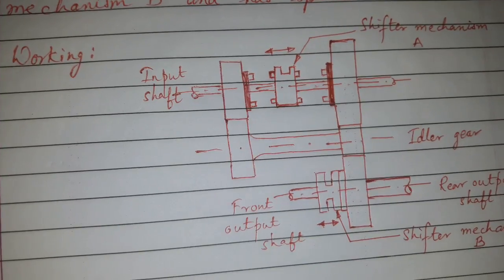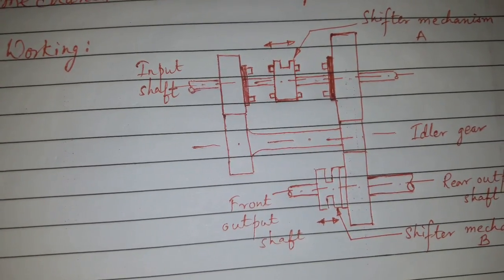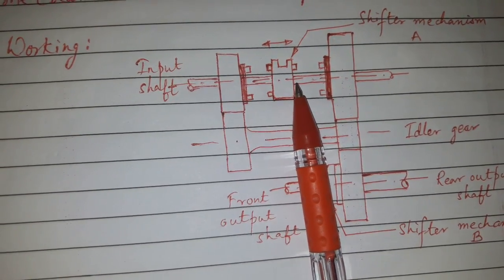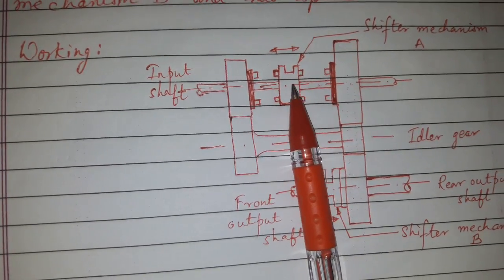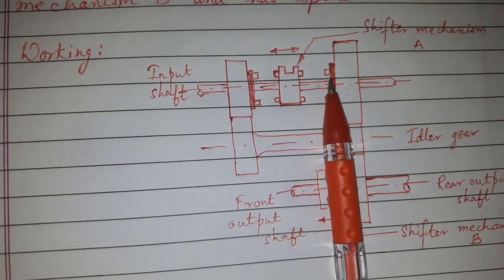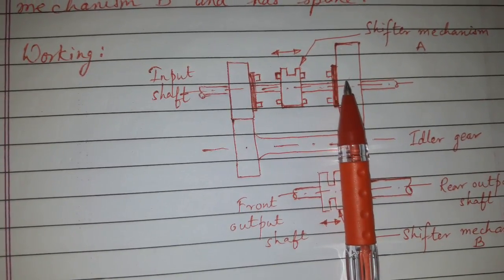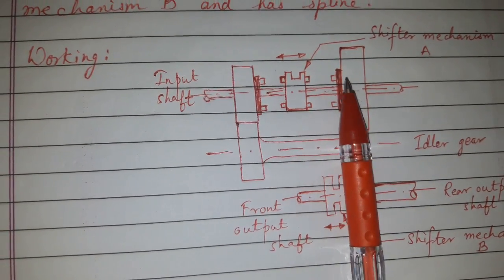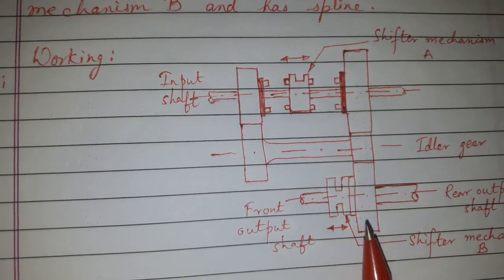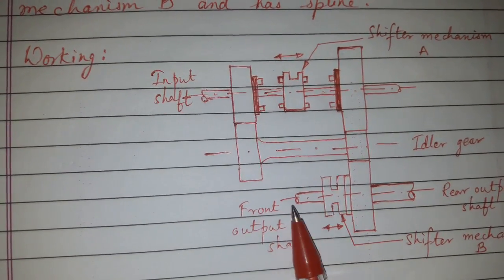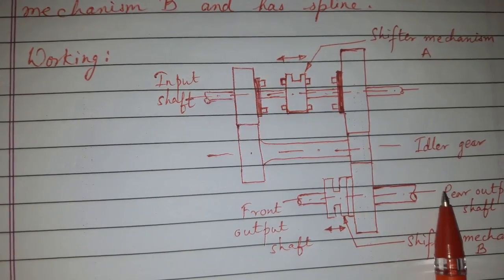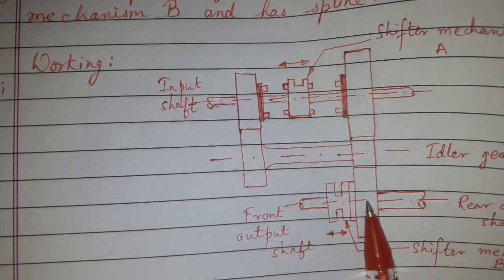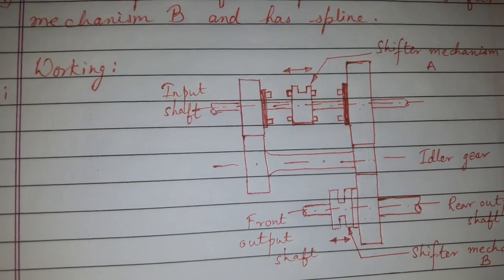Now let us see regarding the working of transfer case. When the shifter mechanism A is at the center, the drive is neutral. When shifter mechanism A is connected to the input shaft with the bigger gear, and shifter mechanism B disconnects the front output shaft and rear output shaft, so there is a disconnect. In this position, two-wheel drive is obtained with higher gear,